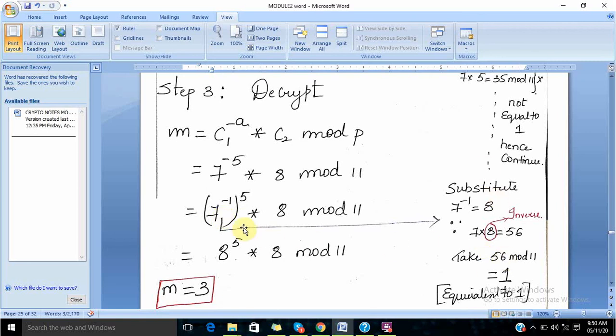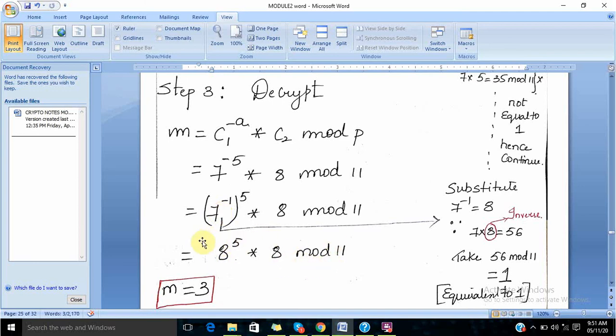56 mod 11 is nothing but 1, students. So 8 is the number here. In place of 7 inverse, you get 8 in that way. So 8 to the power 5 into 8 mod 11. That is what you are doing, as simple as that, students. Wherever inverse is there, just do the same thing. Here 7 is there, so 7 into, start with 1, then go with 2, 3, 4. Any number till 7 obviously won't become 1. So when 7 into 8, it becomes 1. That is why 8 comes here: 8 to the power 5 into 8 mod 11.